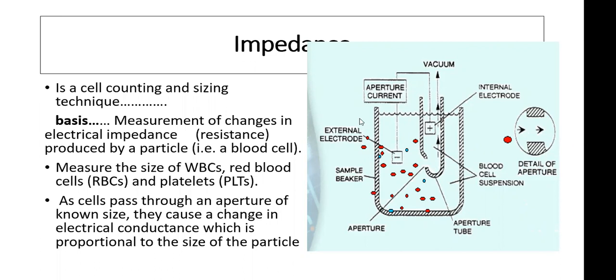Now, what is this principle? If you can appreciate it in a simple way, it has been shown that in a jar there is an electrolyte, the blood cells are suspended in the electrolyte, and two electrodes are placed, one inside and one outside, and the current is made to flow. There will be a drawing of the current through this aperture. Now, whenever a cell passes through this aperture in the presence of the electric current, there is a hindrance in the flow of the electric current. And that hindrance is taken as impedance and is reflected in the form of a wave, or we can say a change in voltage. If similar cells are passing through this aperture every time, let us say RBCs,